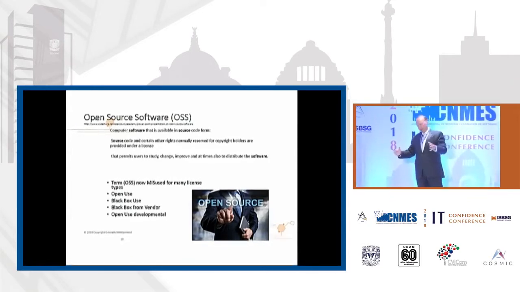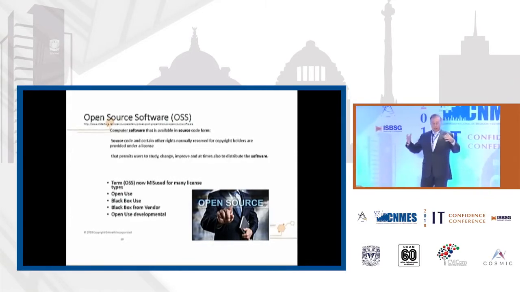Because once you own it, once you change it, you've got to maintain it yourself, but go to a vendor. For example, Red Hat for Linux. For example, my company uses a VoIP phone system called Digium. It took an open source version of a product called Asterisk and productized it. And then last one is open use developmental. You take it and you say, we're just going to start with this. We're going to change it all around.